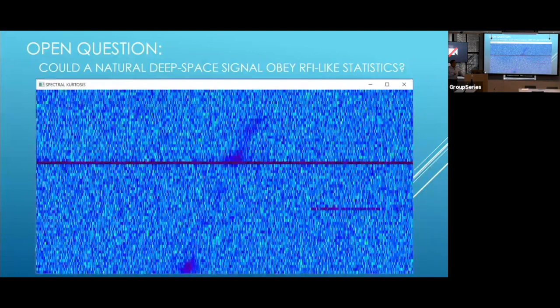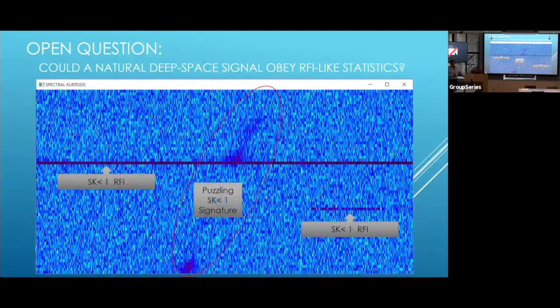RFI. Yes, but what is this? This is a region, so some portion of this pulsar data shows clear less than 1 spectral kurtosis, which tells me, if I did everything with no mistake whatever,